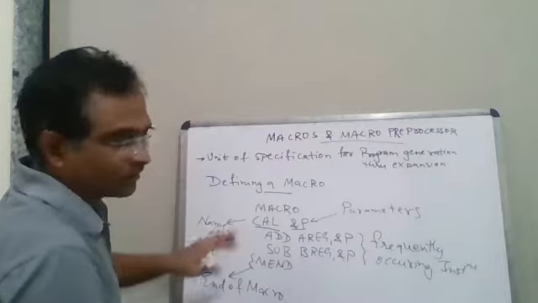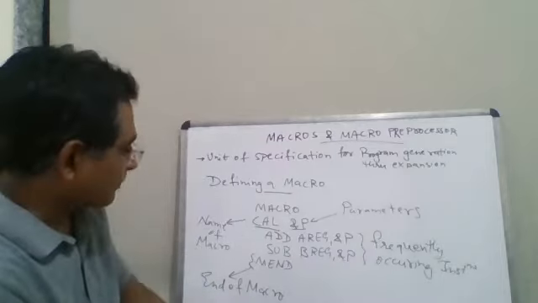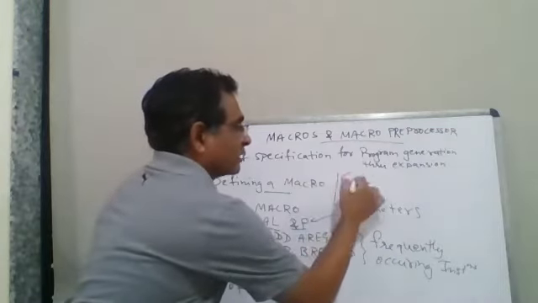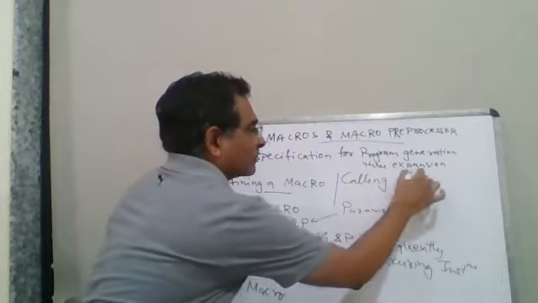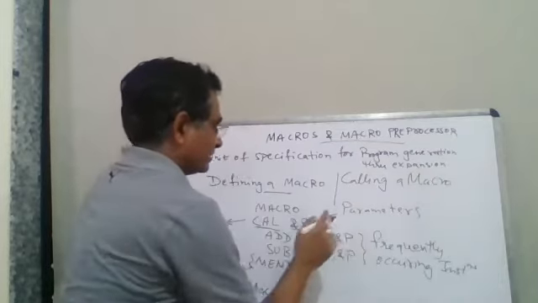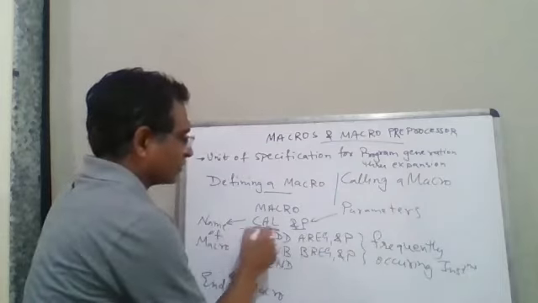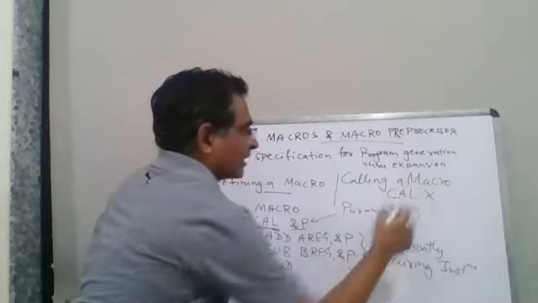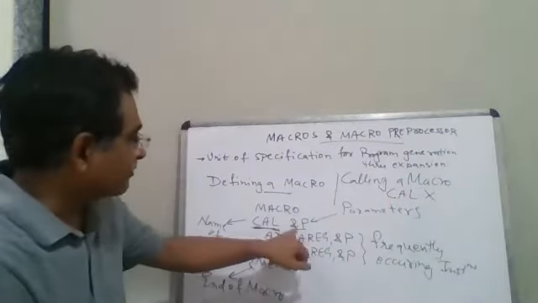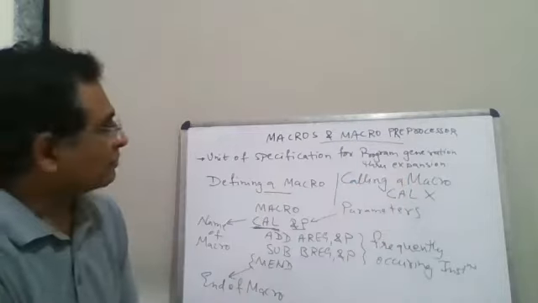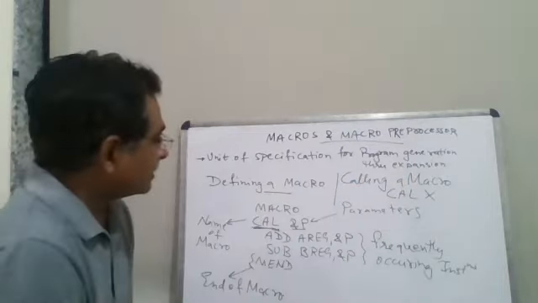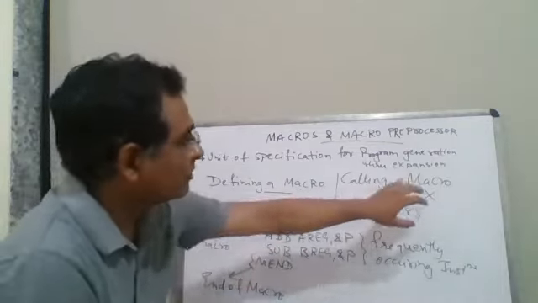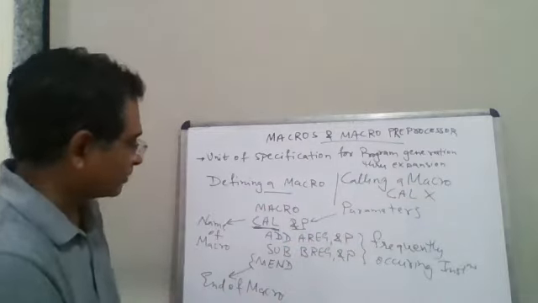As of now, I have told you how to define a macro. Now, how will you call a macro? One is defining, another is calling a macro. Calling a macro is done by just calling the name of the macro along with the parameter. So here it is CAL, and maybe I can say X. Wherever &P is there, X will be substituted. This is the actual parameter and this is the formal parameter. The formal parameters would be replaced by the actual parameter during execution, right?